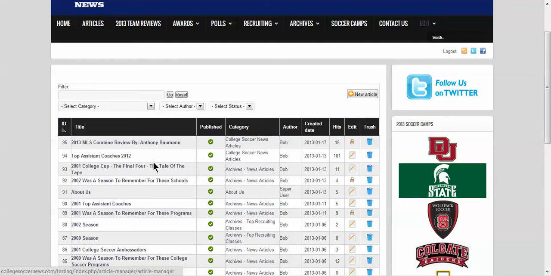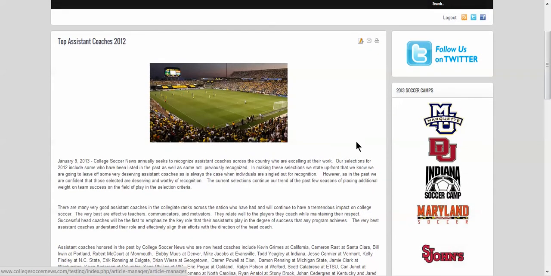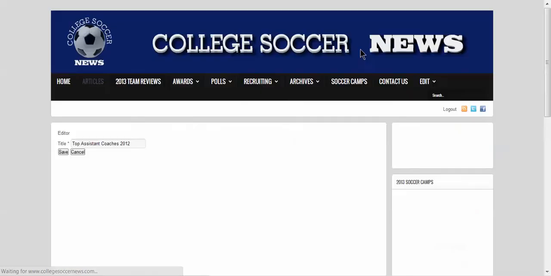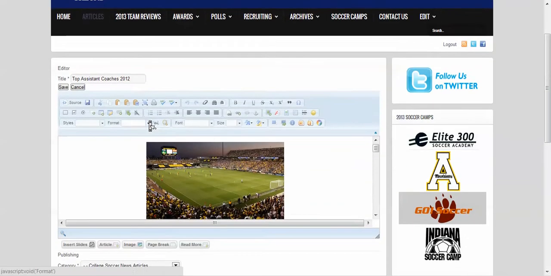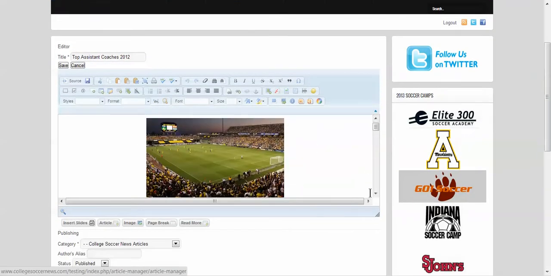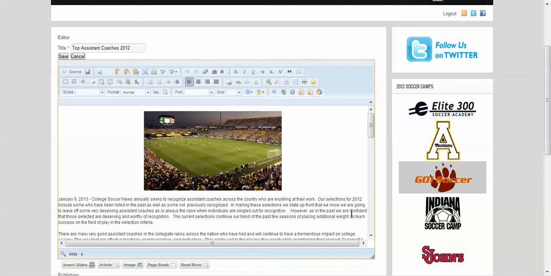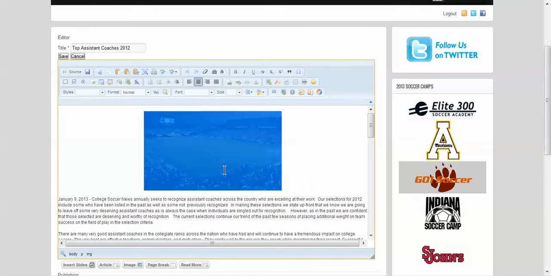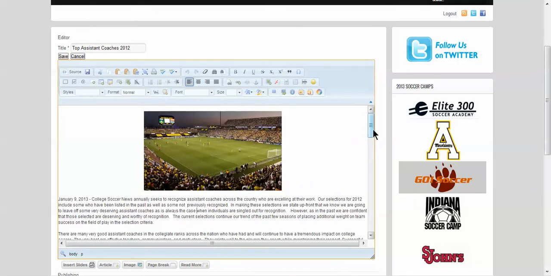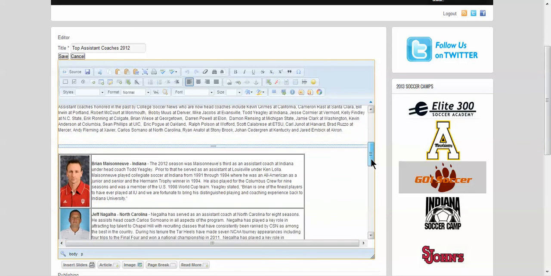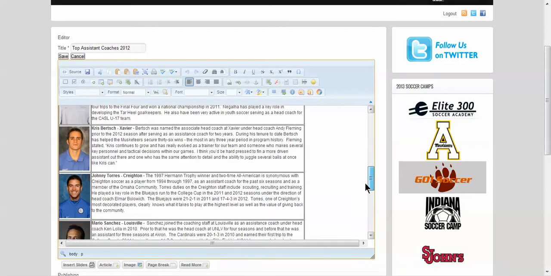and let's find an article that we know needs some pictures added to it, and that's top assistant coaches. So go ahead and edit this article by clicking the edit article button there. So I'm going to scroll down, and I'm going to make this just a little bigger. Then I'll click somewhere in the article, and that way I can just scroll down,